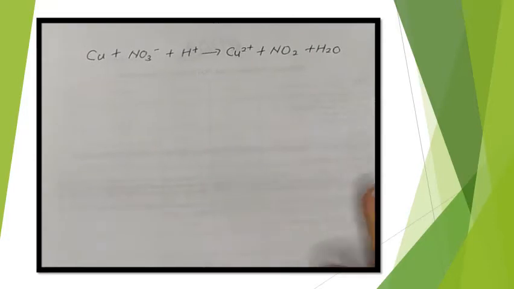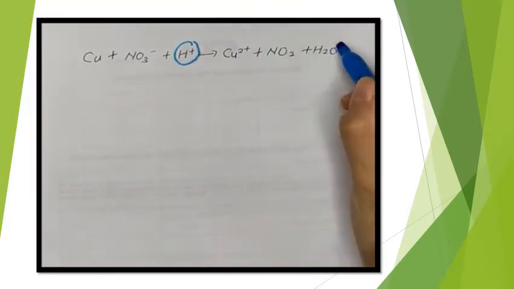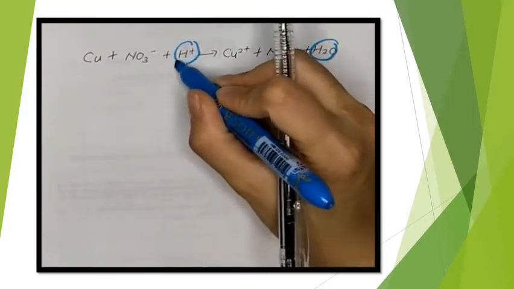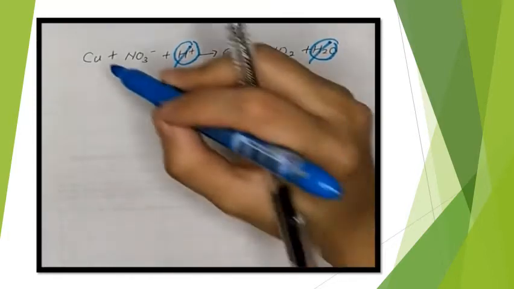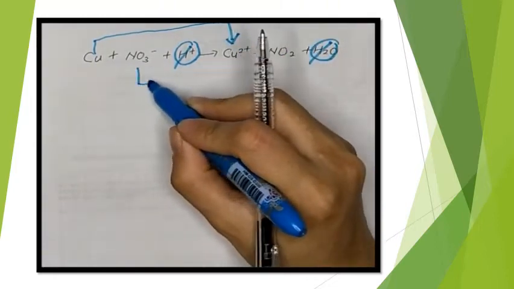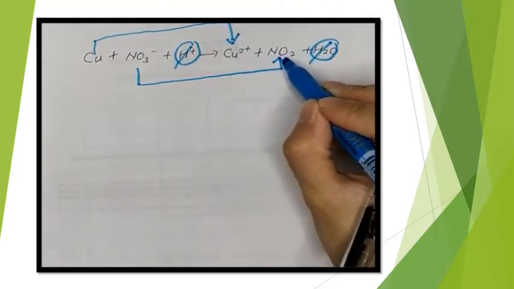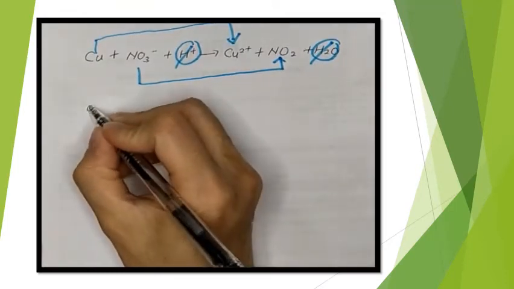Okay, look at this question. First of all, students will be confused by hydrogen plus and water. Actually, you just ignore it, and then you divide it into two half equations. So Cu and Cu2 plus go together, and NO3 goes with NO2. So for here, automatically I know